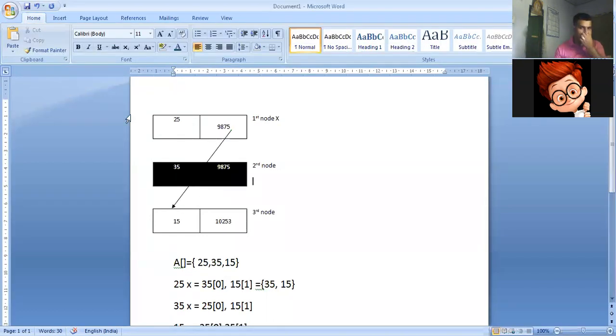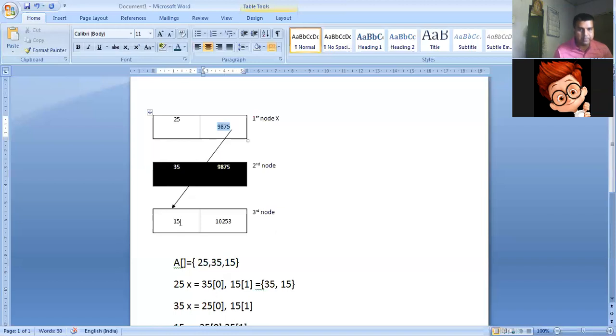Try to understand. That means my 25 is the head node. It has the memory address of 9875. That means this node is particularly indicating the 15th node. Now what is happening? 15 is not getting shifted into this particular node, neither the memory address. It remains 9875, but the memory address is shifting into this, because at 9875 on this particular memory address only your value 15 is stored.